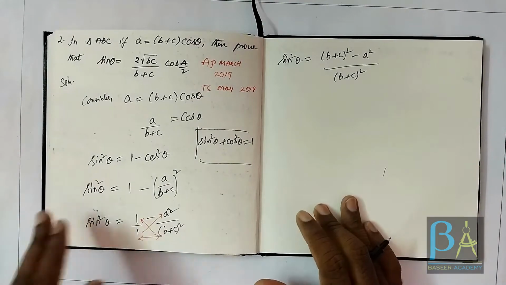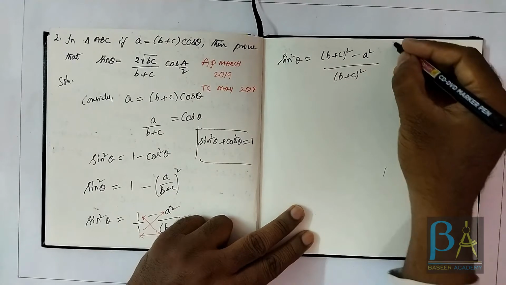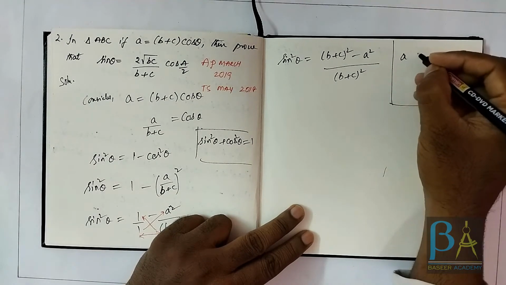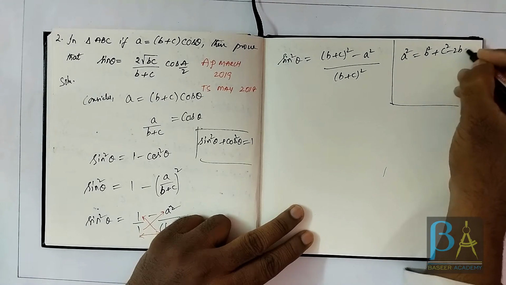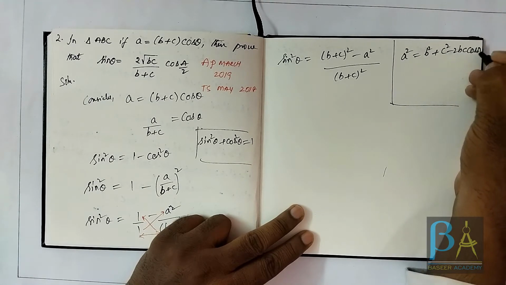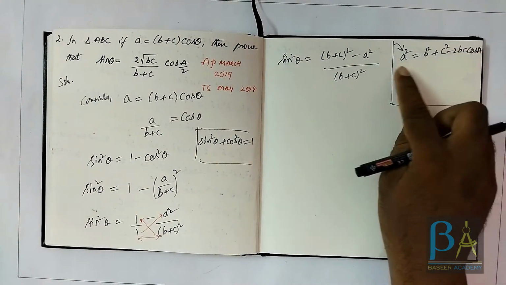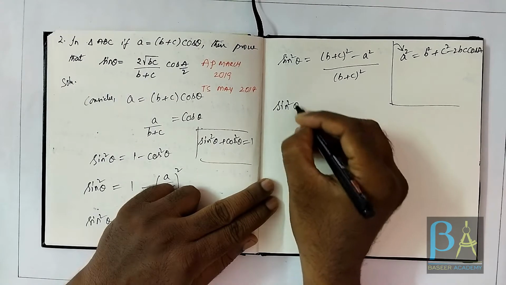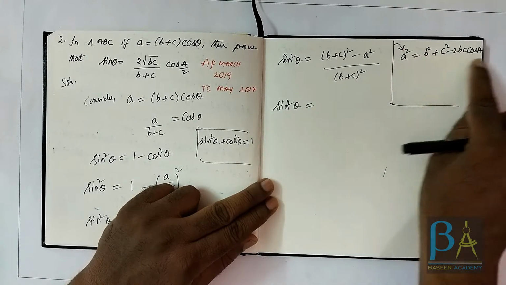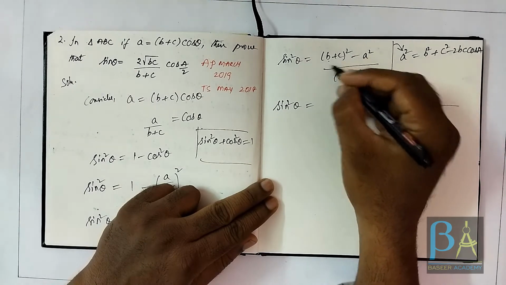I believe I can. If we go back to what we discussed earlier, you get to see that A square should be B square plus C square minus 2BC cos A, isn't it? We got this through the cosine rule. A square should be B square plus C square minus 2BC cos A. So now this is what I'm going to do. In place of A square, I'm going to substitute this. Now B plus C whole square, let us expand this by using the a plus b whole square formula.